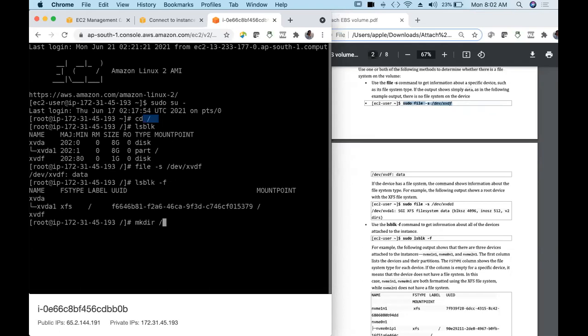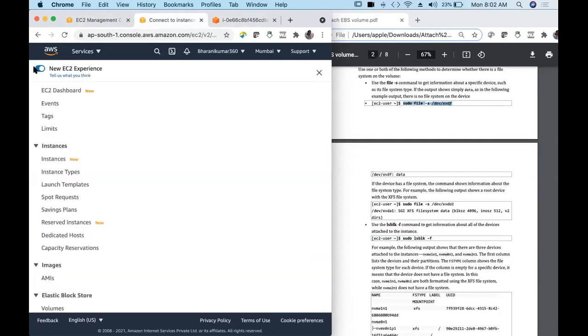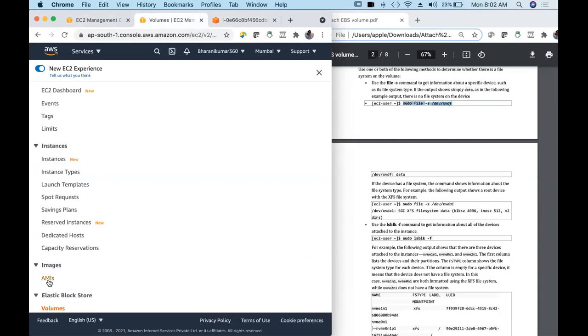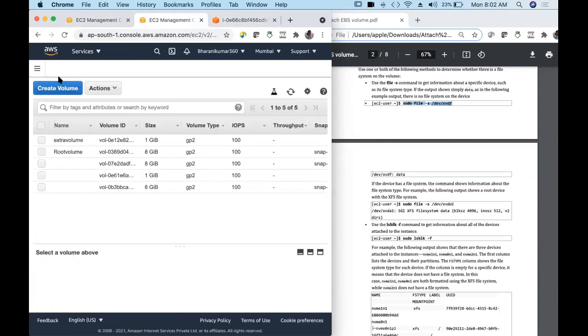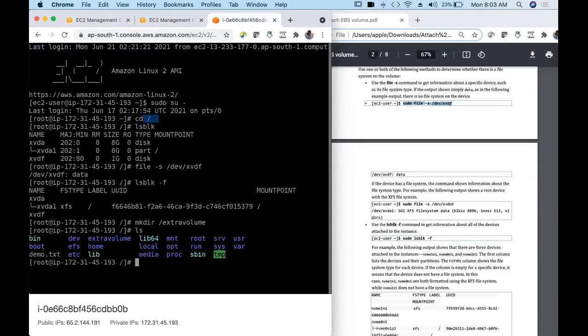Let us call this extra volume because I have named it extra volume here on my EC2 dashboard, under Volumes. So I'll call this directory also extra volume. Now ls. I have extra volume, right? Extra volume has been created.